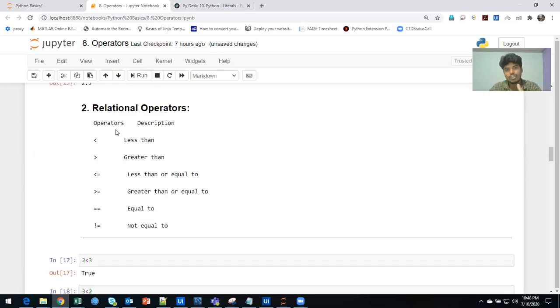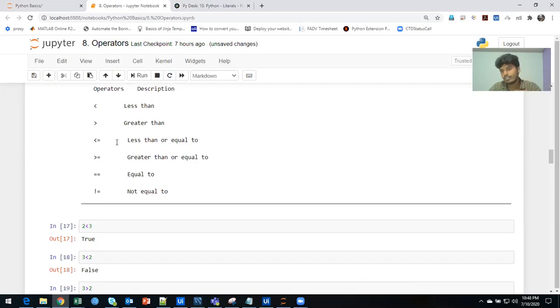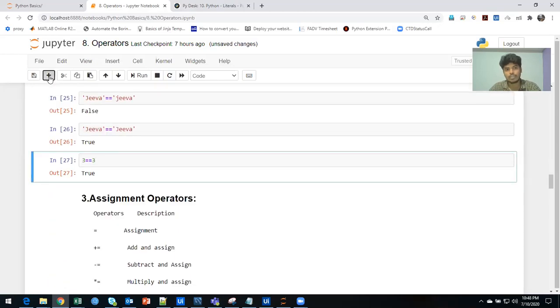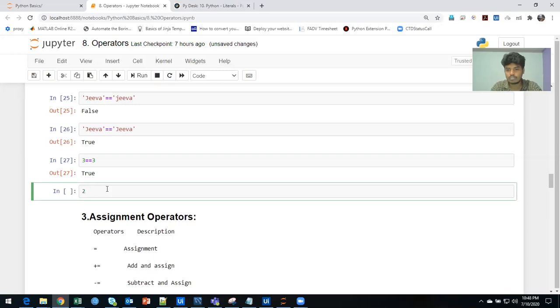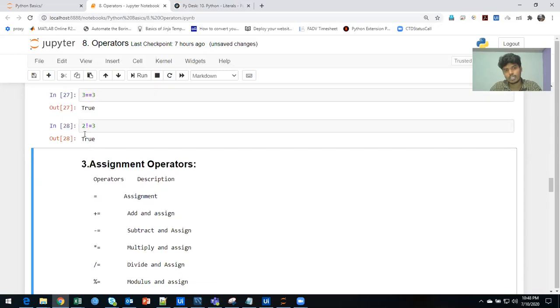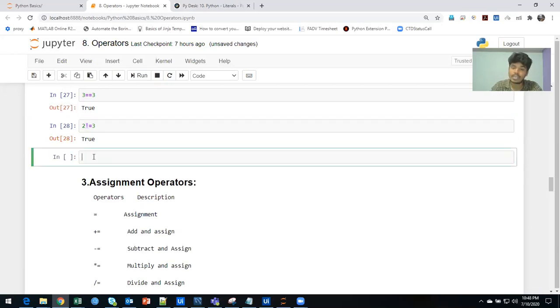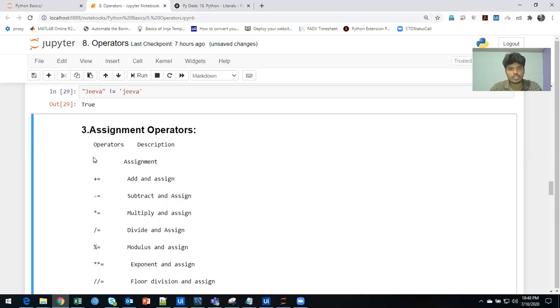And what else do we have? We compared less than, greater than, less than or equal to, greater than or equal to, and equal to, but we didn't do not equal to, right? If I calculate 2 not equal to 3, it is going to be true. In that case, it gives you a proper output whether the values are not equal. You can do the same thing for strings as well. I'm going to give not equal to here and use the small letter. This also gives you true, because both are not equal.